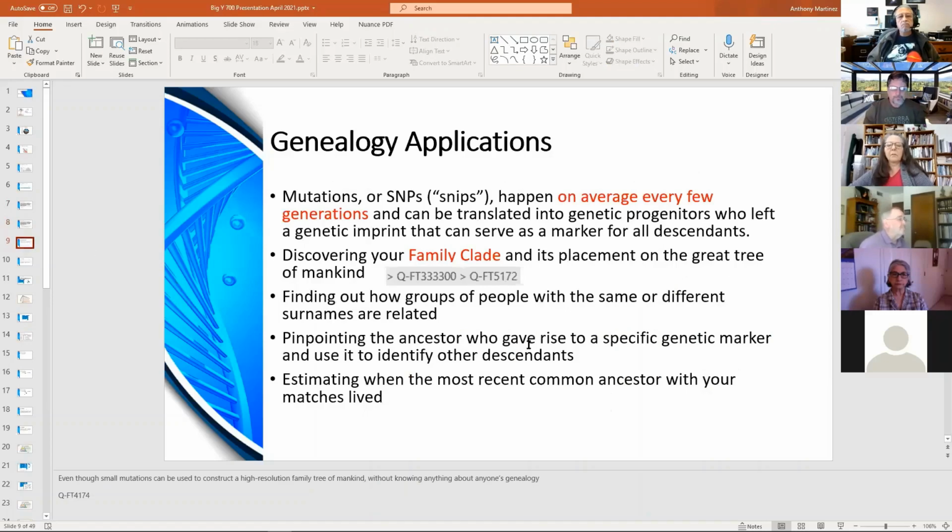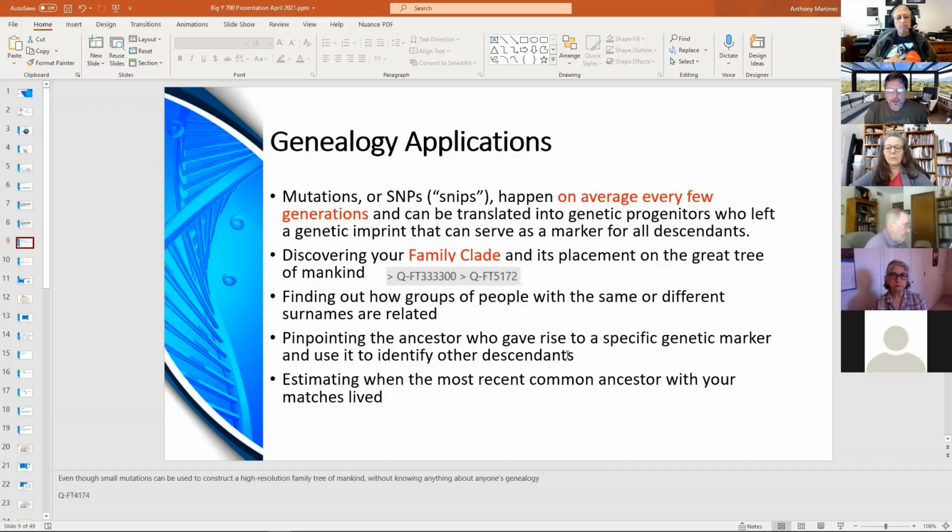All right. So discovering your family clade and its placement on the family tree of mankind is a major goal, at least for me. Being able to have haplogroups that are within genealogical time, tens of years, hundreds of years, and no older. Finding out how groups of people with the same or different surnames are related, so you can do that through Y-DNA. Pinpointing the ancestor who gave rise to a specific genetic marker, to use it to identify